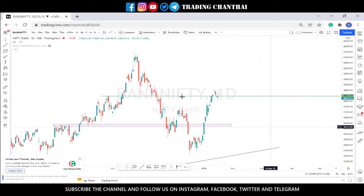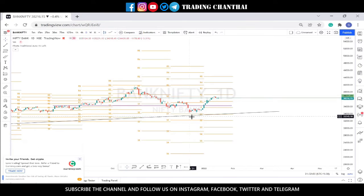Let's take a quick analysis on this. I'll turn on the pivot points. If you see, it touched R2 this month around 12th of January, and then this was the resistance zone we were talking about, around 38,215 to 216 range. On 13th of January it closed around that. On 14th of January also it closed around that. Today also it is closing around that. So this is becoming a good support or resistance range. If this is broken and there is a strong candle above this range, we are going to have a bull run in Nifty Bank, but still this candle is not looking so good, so we have to wait and watch